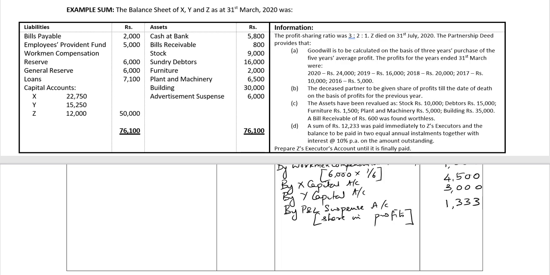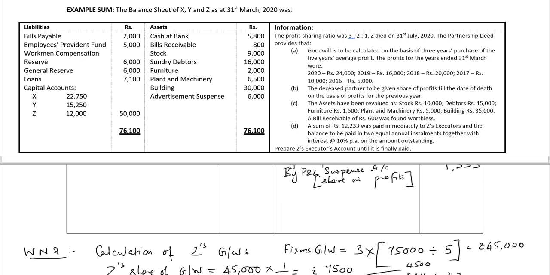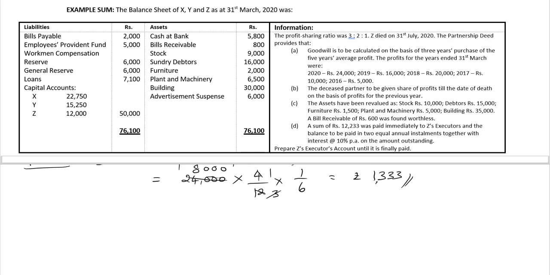₹1,333. Next, working note 4, the revaluation of assets is given. So we'll do the plus minus approach to get the gain or loss on revaluation. So the working note 4 is to get the revaluation